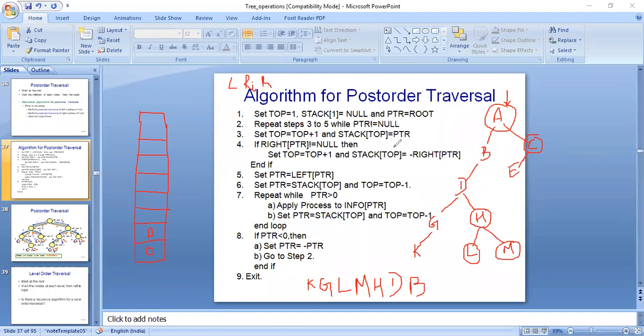We will place C, which is the pointer, then its left child, and it is not having any right child. So we will have encountered a leaf node, so we will backtrack till we get the null. So we will backtrack E, C, A, and 0. So pointer is 0, that means we are done with our work. So this is our sequence. You can check over here. This is the post-order of our binary tree.